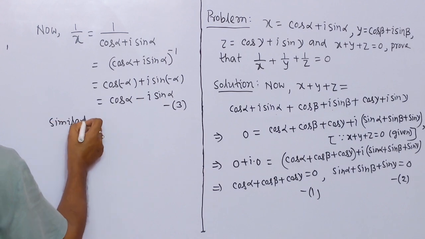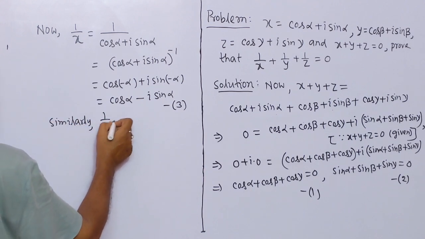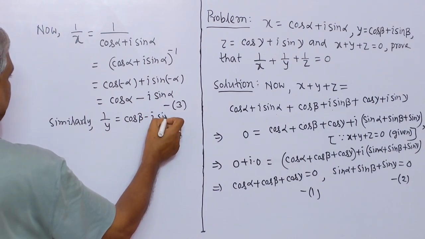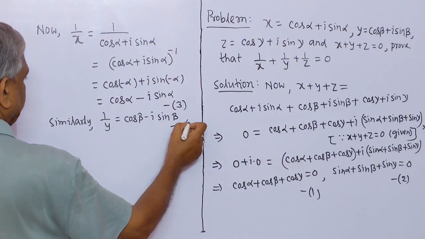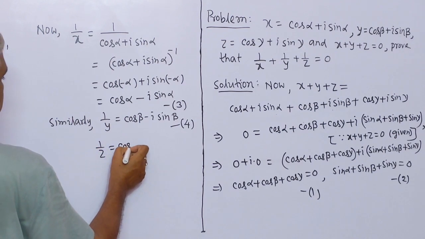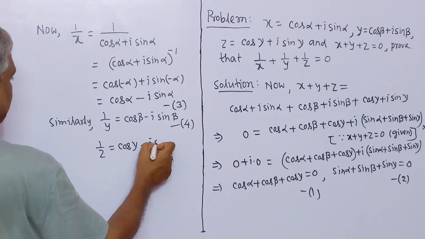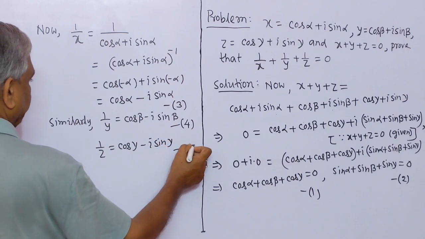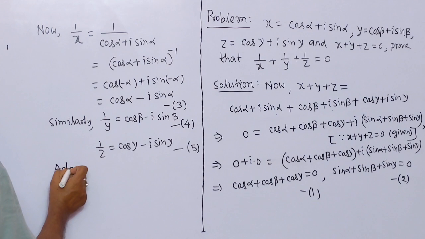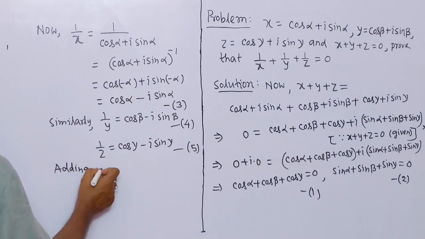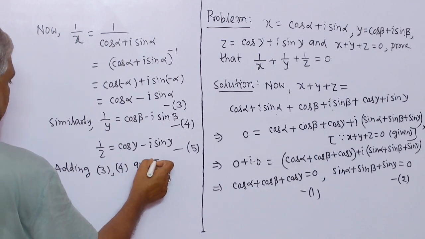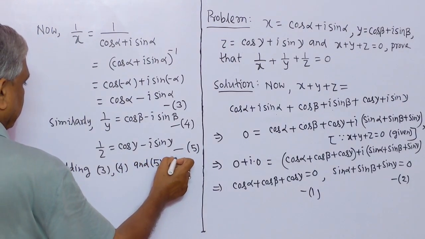Similarly, 1 by y equal to cos beta minus i sin beta. This is number 4. 1 by z equal to cos gamma minus i sin gamma. This is number 5. Adding 3, 4 and 5, we get